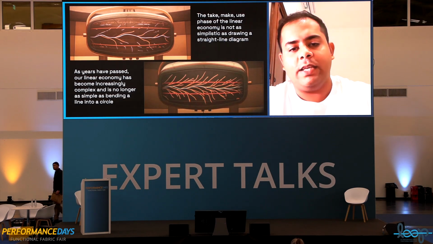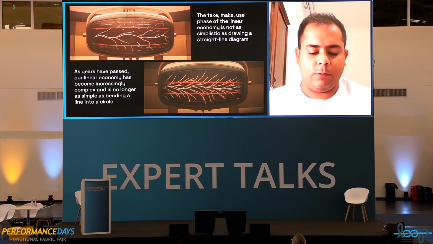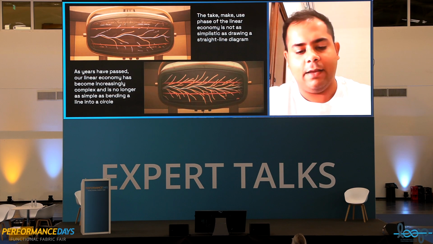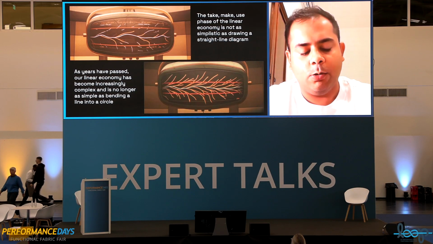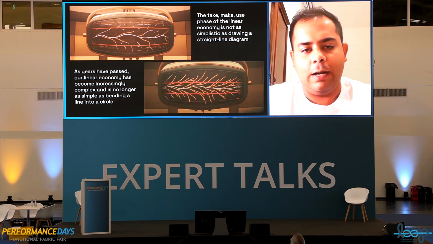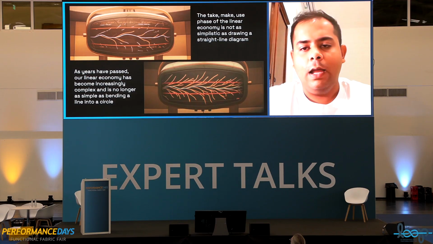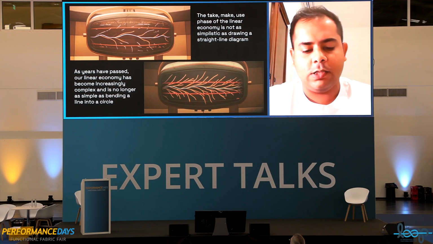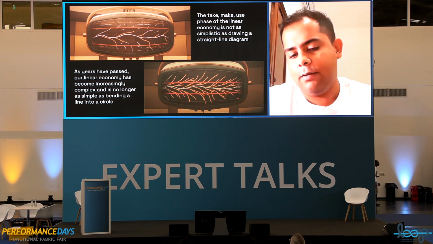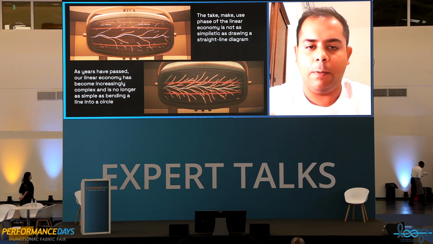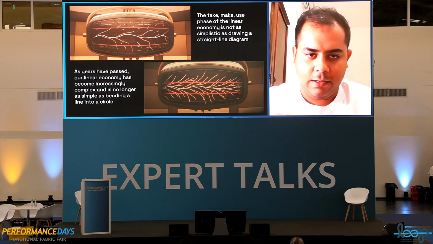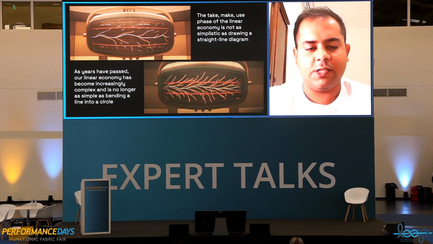So I wanted to see if I could translate that into something else. Of course, I'm a big Marvel geek, and I love the TV show Loki, and I think I've done a post about this as well. So if you see the diagram on the top, that I would say is a much better representation of what the linear economy looked like in the past, a few decades back when we had fewer players in the industry. So if you see the middle white line, of course not a straight line,